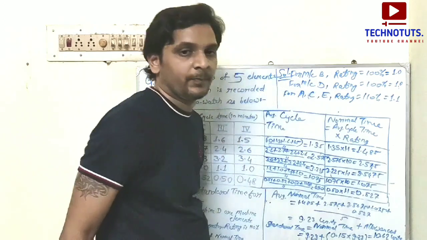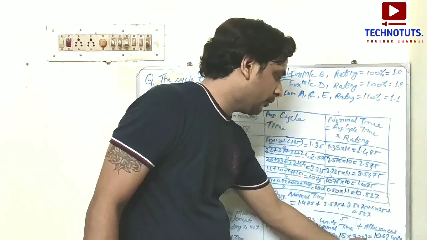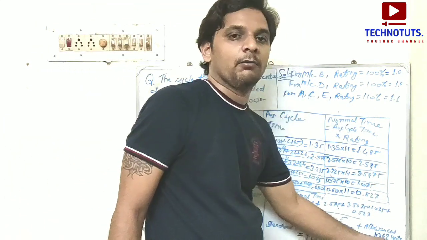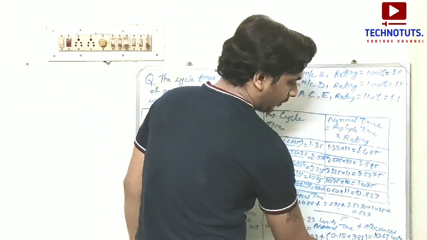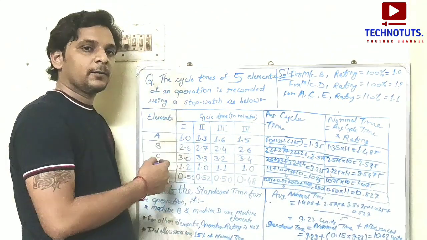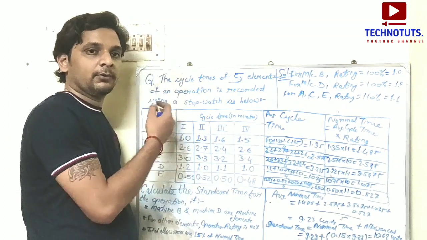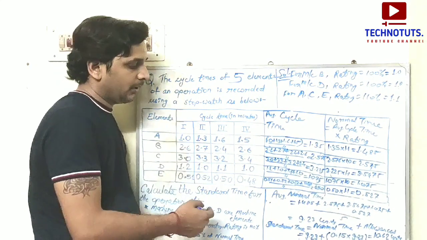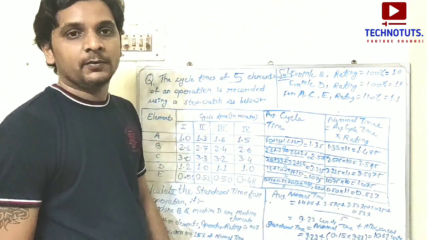units. When the cycle time is given in minutes, the value here will be minutes. When it is given in hours, the value here will be hours. Okay students, so this is the standard time of the operation, when 4 operators are working on an individual element and there are 5 elements going on in the operation for a company. So what is the value? The value is 10.62 units. Okay students, got it? It is a very simple formula.